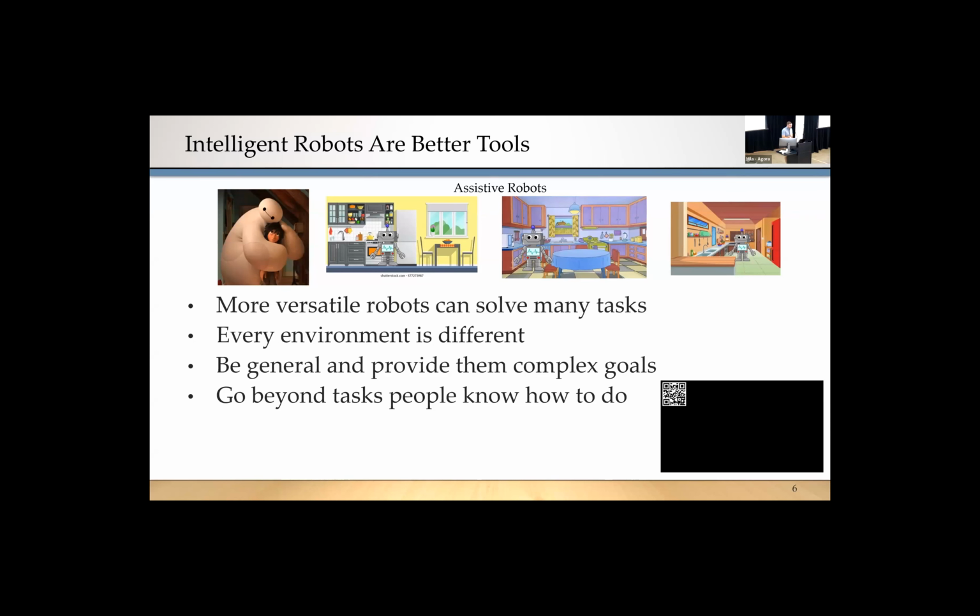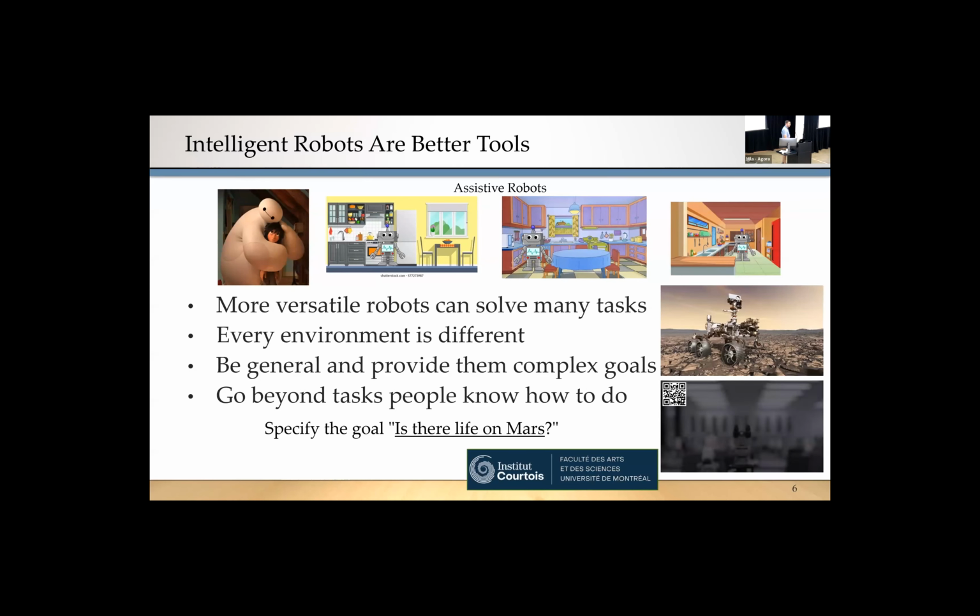But I also, in my research, want to go beyond just providing them something that works well in different rooms or in different tasks, but give them really complex goals. Even things that we don't know how to do. I want to ask a robot at some point, is there life on Mars? And now I can go back to my creative time, or maybe I'm thinking about other problems, and the robotic system will figure out how to go about constructing maybe an entire corporation that ends up learning how to launch rockets, how to do all the planning to be able to launch the actual system, in order to figure out how to detect if there is any biological life on Mars, come back, give me the answer.